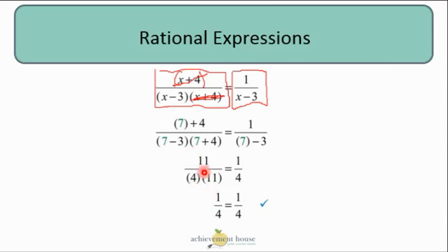And if I take 11 divided by 11, that gives me 1. And 4 in the denominator, which means I'm left with 1/4. 1 over 7 minus 3, which is 4. 1 over 4, it works. The equation holds true. One thing you do have to make sure, though,